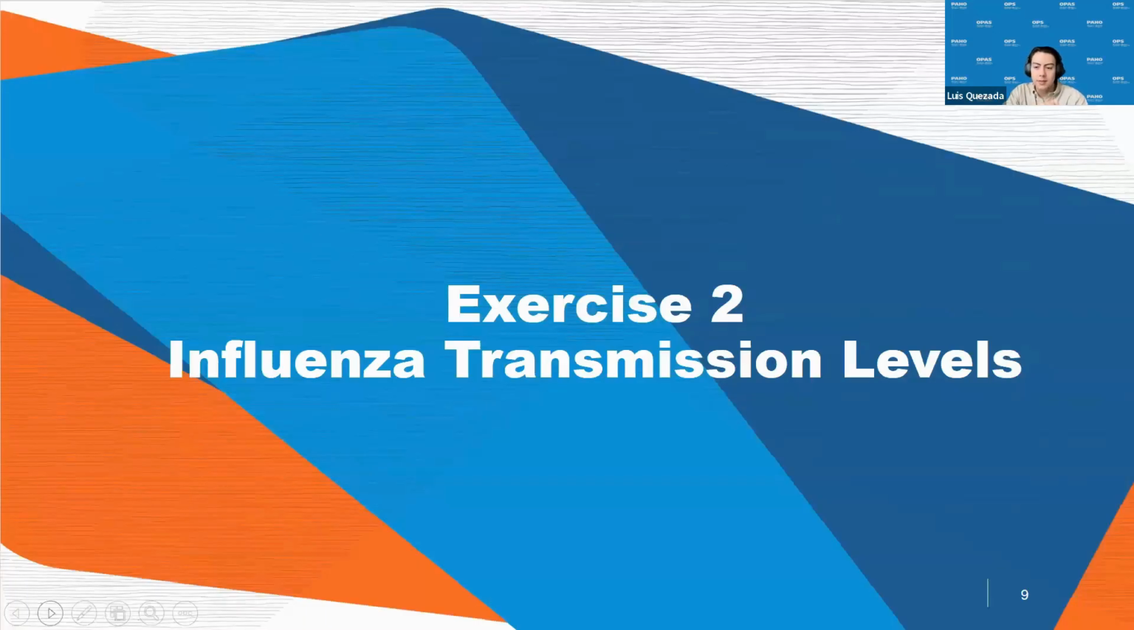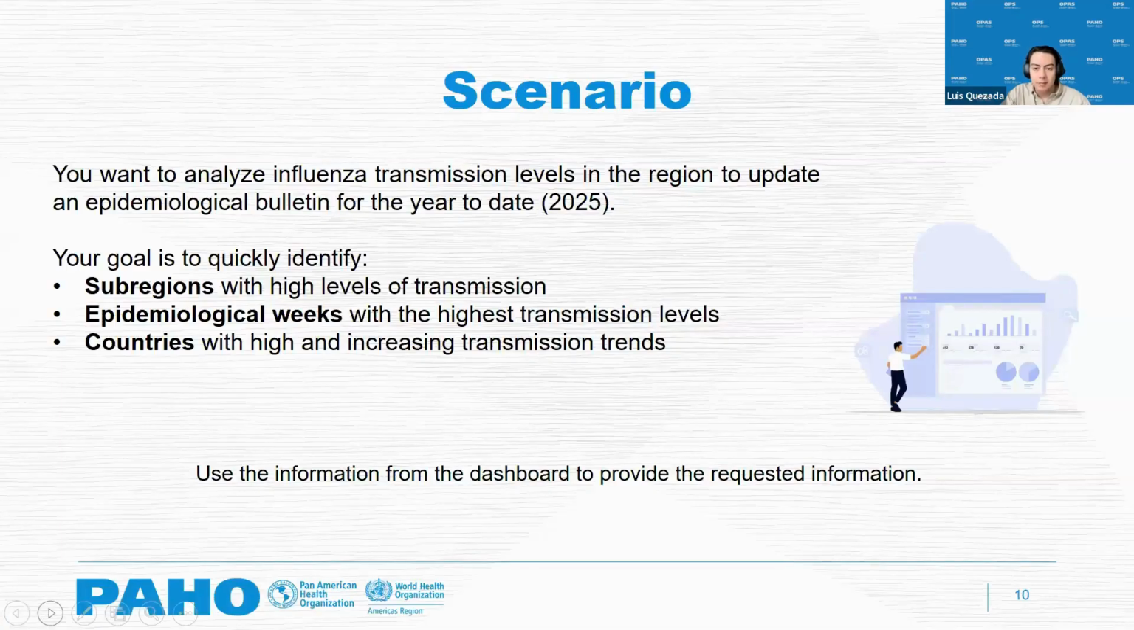All right, so now we're going to have a second exercise. The second exercise has the objective of answering questions related to the transmission rates of influenza. Well, thank you for your answers. And now we need to set ourselves in a second scenario. Now we're going to ask you